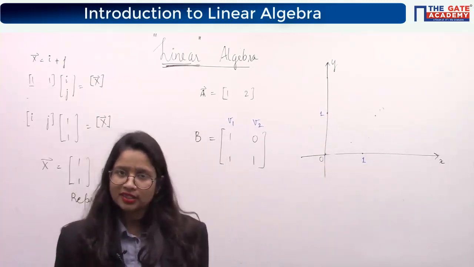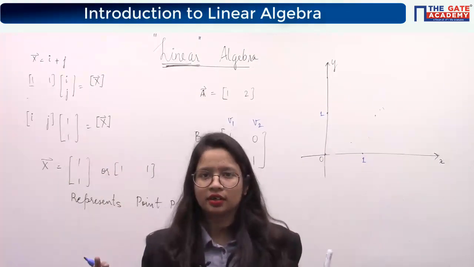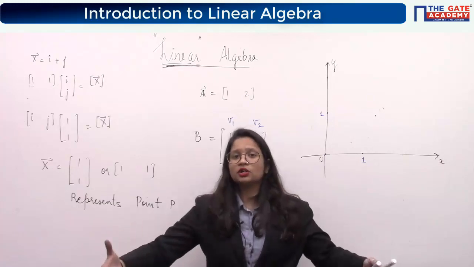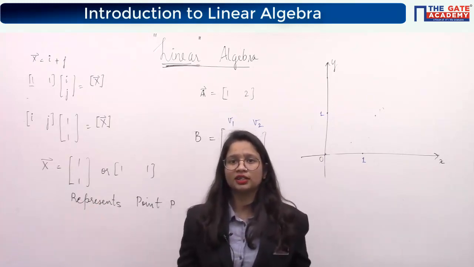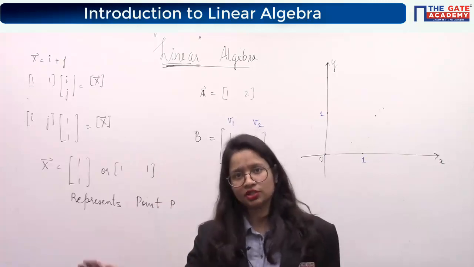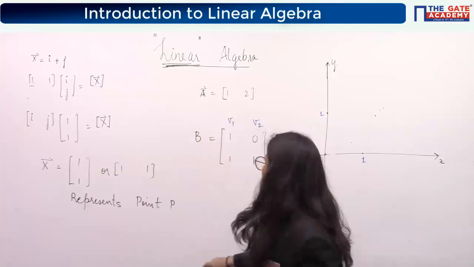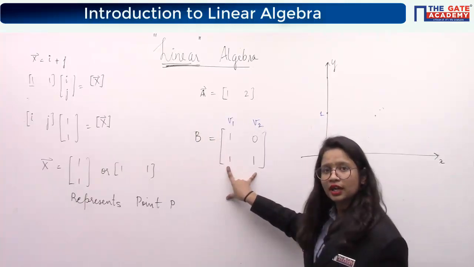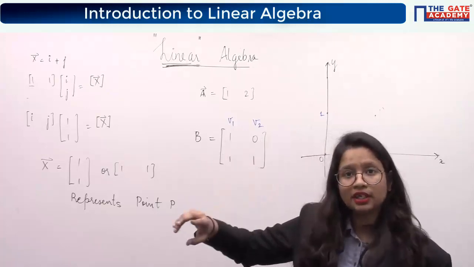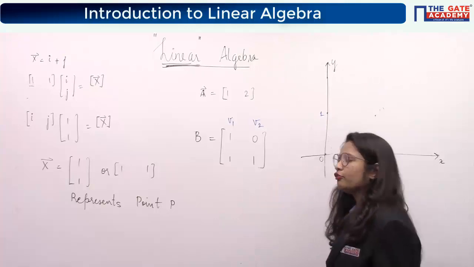Understood or not? What is a matrix? Matrix is just a quantity where you will write all your numbers together. Like in a class, we sit in rows and columns, so that is also a matrix-like arrangement. What is a matrix? It's just an arrangement of people, quantity, numbers, functions, etc. It does not have any physical meaning by itself. But now if I write like this, what will you say? Okay, there are two columns, means there are two vectors represented by this matrix. Okay, a square block of 4 numbers.